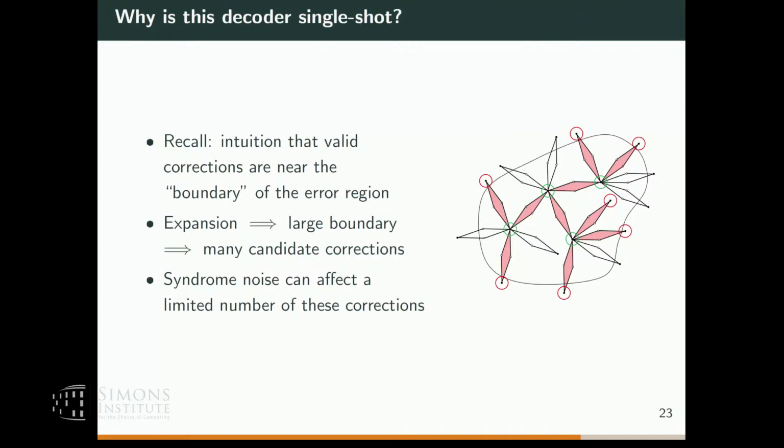And because of that, it's possible that your syndrome error could mess up some of these syndromes here, in which case you can't make the correction around certain parts of the boundary. But there's going to be some other portion of the boundary that's not corrupted by the syndrome, and you can actually just make the correction there. So you can still decrease this error region until eventually the error region is just dominated by the syndrome noise, and that's where you get stuck in the end. So that's also why, in the definition of single shot, the final residual error could depend on the initial syndrome error, because that's where you get stuck in the end.